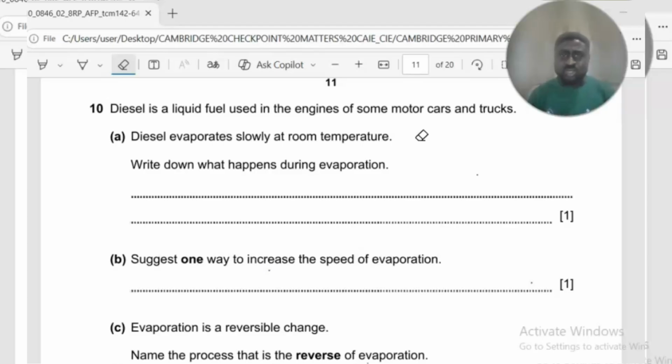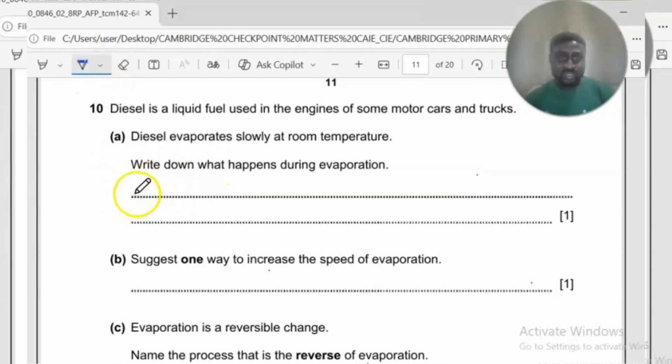Write down what happens during evaporation. So when you expose diesel in a room at room temperature, what happens in that room? Have you thought about the answer? I know you're processing it right now. I'm going to state the answer. So let's go this way. So the expected response to this question would be that the diesel